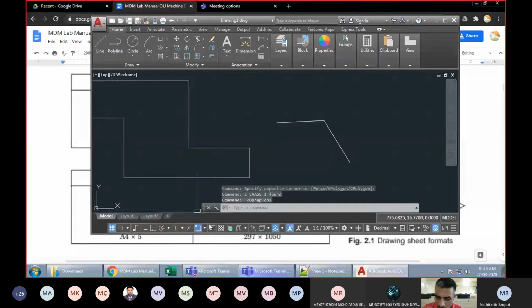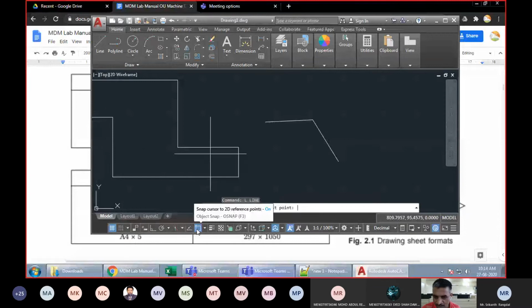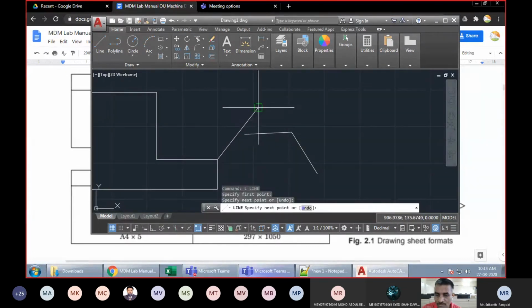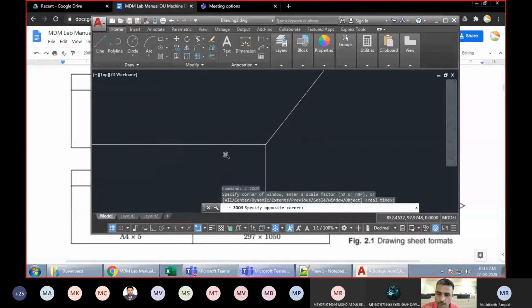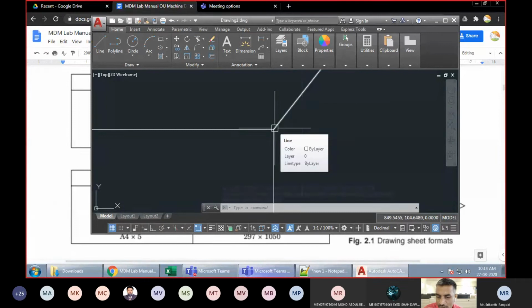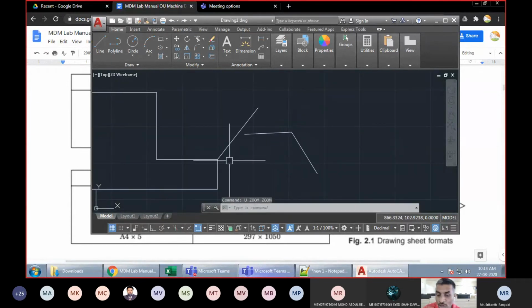And when this option is on, and when you draw this, now you can see this option, I have kept it on. And the shortcut for this is F3. You can turn it on or off by using the F3 function key. Now, if I click anywhere, you can see I'm clicking far, far away from that corner, and still my diagram will start exactly at that corner. Let me just show you by zooming in also. You can zoom into any extent, and it will remain exactly starting at that point. Fine. So this is the advantage of using object snap.